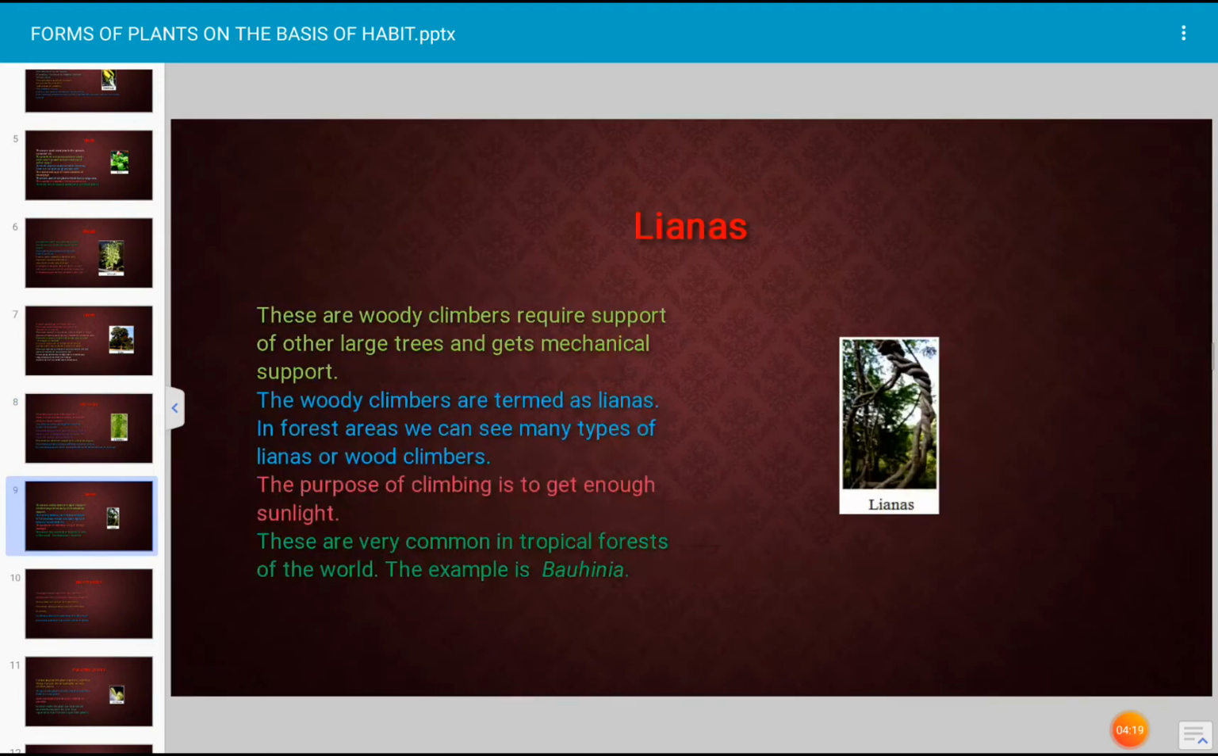The climbing plants produce different types of devices for climbing purpose, which are modifications of any other part of the plant. Next, lianas. These are woody climbers, require support of other large trees and get mechanical support. The woody climbers are termed as lianas. In forest areas we can see many types of lianas or woody climbers. The purpose of the climbing is to get enough sunlight, and these are very common in tropical forests of the world. The example is Bauhinia. Next,